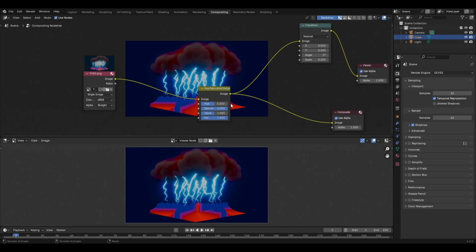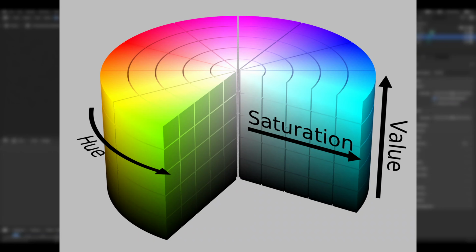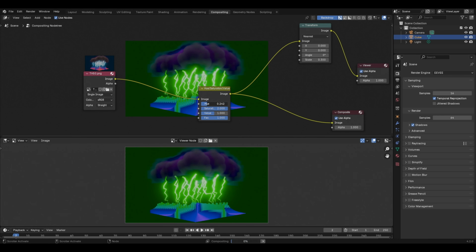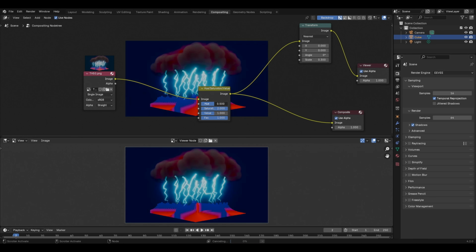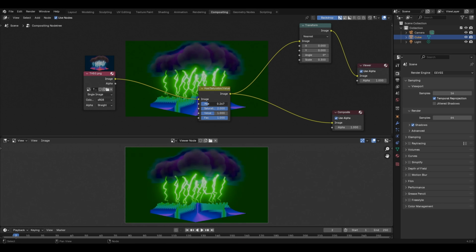And now the last one that we have is the hue parameter, and in this image you can see that the hue basically controls the colors that you'll see in the image. So if I try to change this value, then you will notice that the colors in the image will begin to change. So with each different value in the hue parameter, we'll be having some different colors. At the default value equal to 0.5, we'll be having the original image. However, if I try to increase or reduce the value, then in this case we'll be having some different colors depending upon the value in the hue parameter.